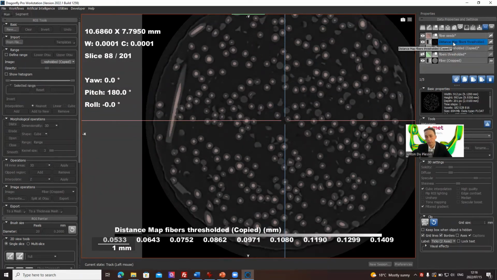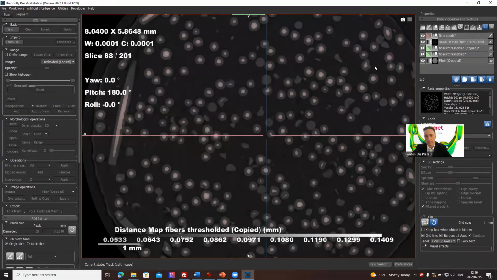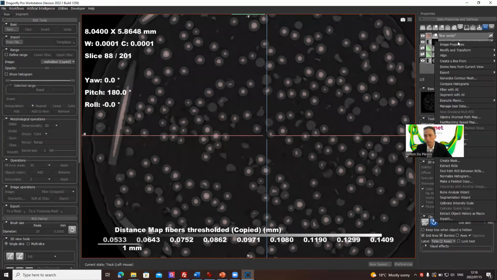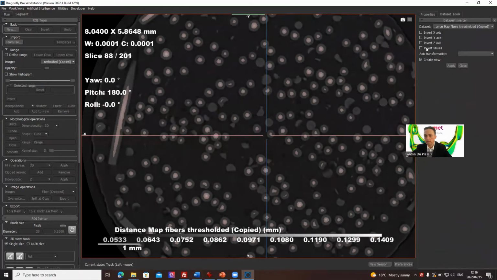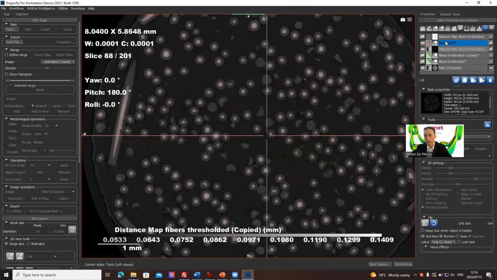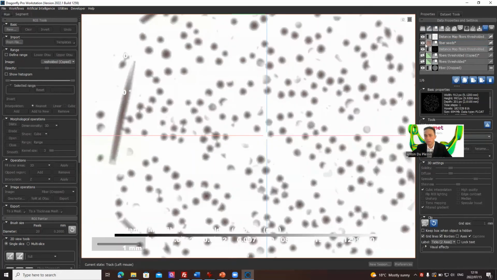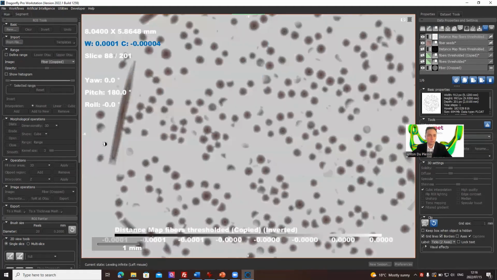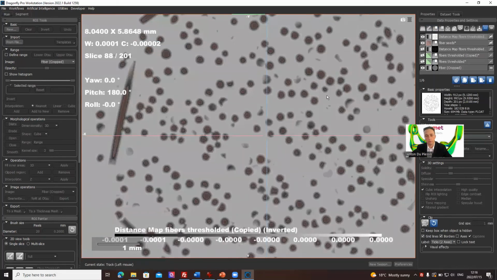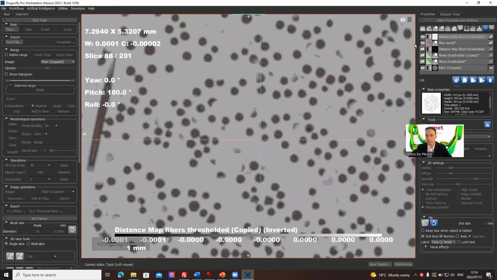Oh, actually what we want to do is we want to take the distance map and invert it, because what we want is a landscape where the center of the fiber is the lowest value. So we go to modify and transform and invert. So we invert the values and we can create a new one. So now we have a distance map like that. And we have a fiber. Let's see if we can easily contrast this. So it's darker in the middle of the fibers, and that's the landscape that we're going to use for the